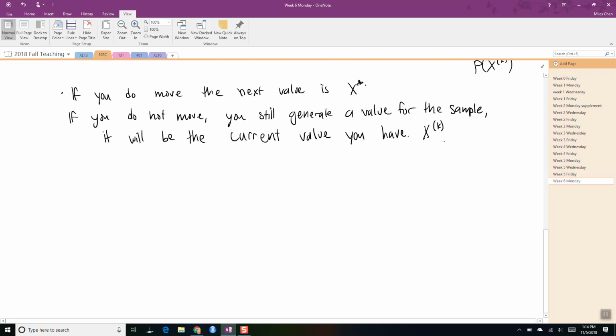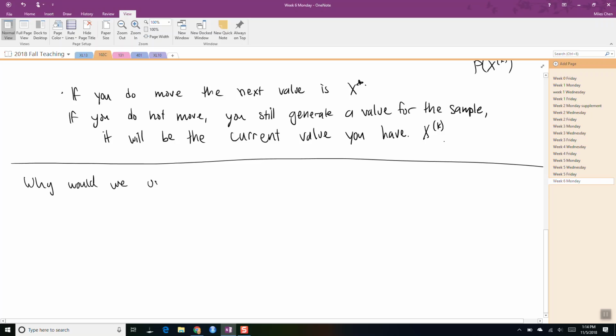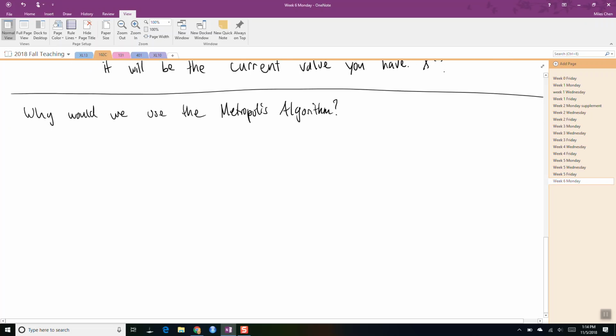All right. Let's talk about why one would want to use the Metropolis algorithm. Why would we use the Metropolis algorithm? Okay. I'd say the biggest advantage is that the target distribution, you don't actually need to know the exact form of the target distribution. You only need to know that it is proportional to something, okay? So a big advantage